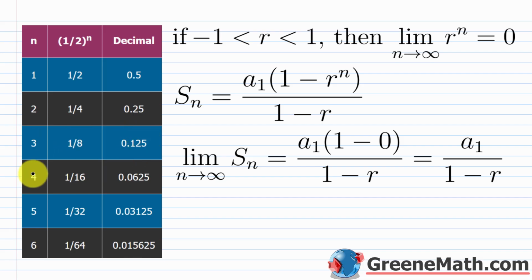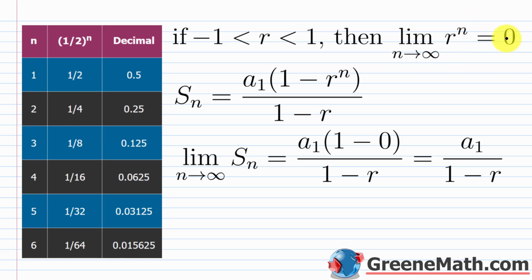If you plugged in a 4, you'd have 1/16, which is 0.0625 as a decimal. If you plugged in a 5, you'd have 1/32, which is 0.03125 as a decimal. If you plugged in 6, you'd have 1/64, which is 0.015625 as a decimal, and so on and so forth. So you're going to keep getting closer and closer to 0. You'll never actually get there, but you'll get closer and closer to 0. So that's why we say the limit as n approaches infinity of this r raised to the power of n